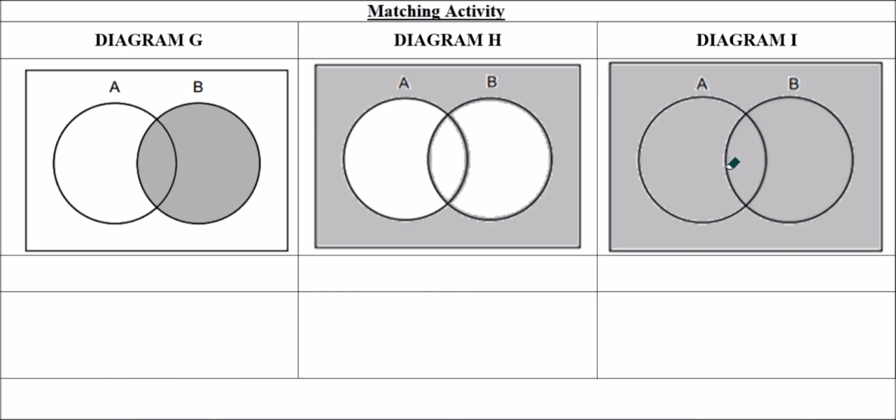G, H and I. So diagram G, dead easy. This is just circle B, all students who like biology, dead simple. Diagram H,